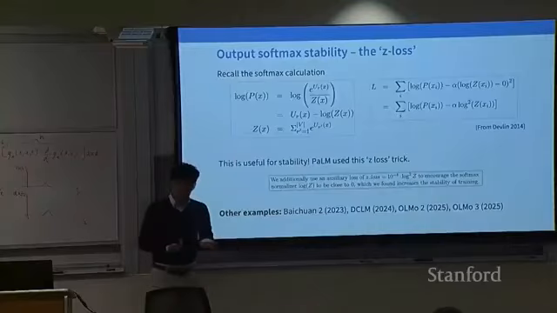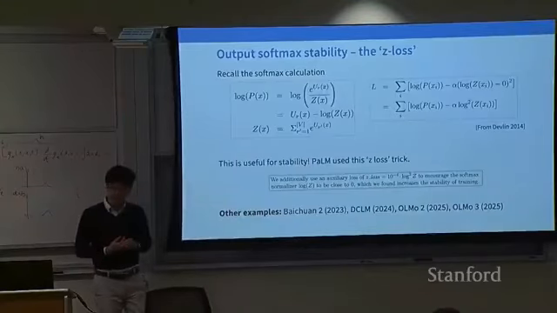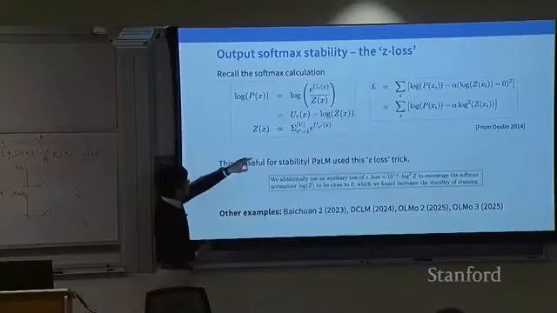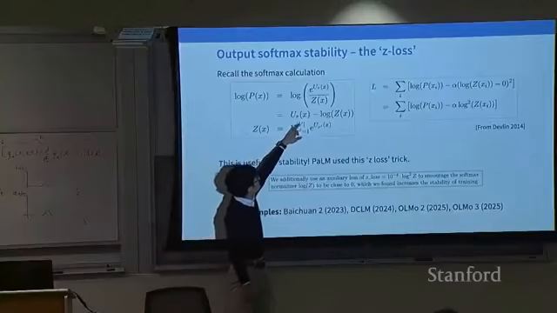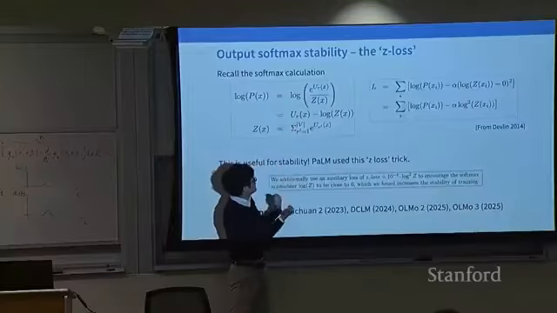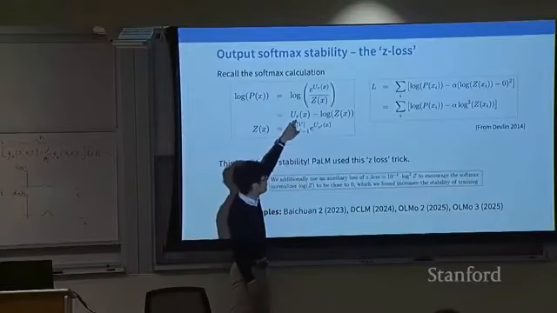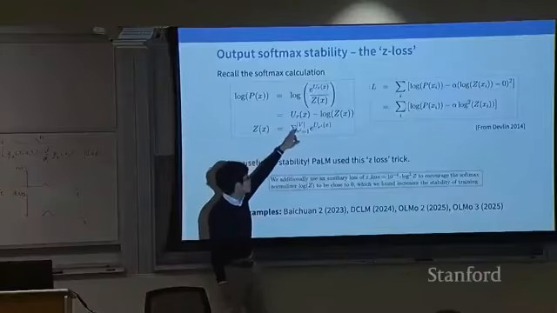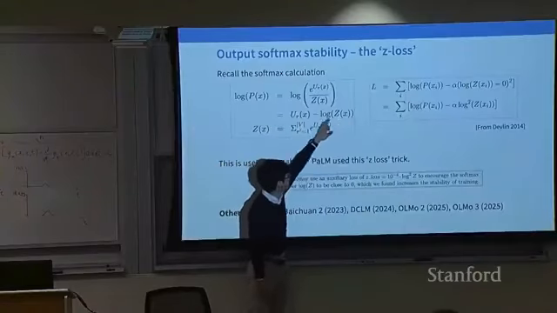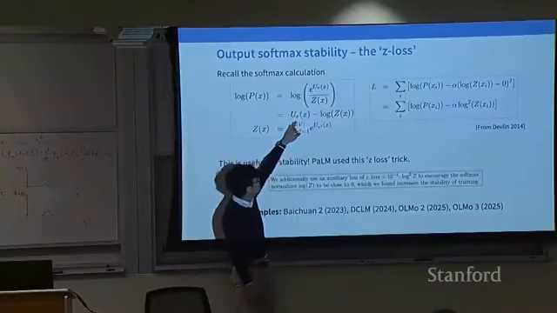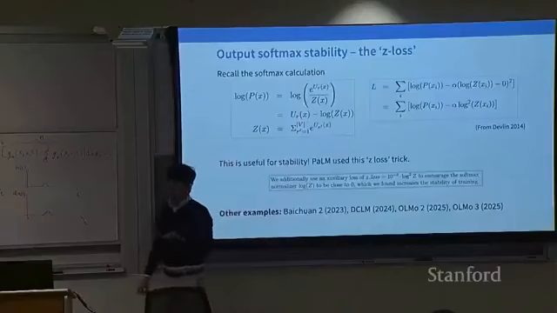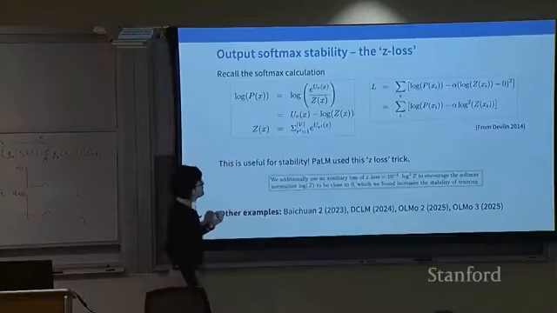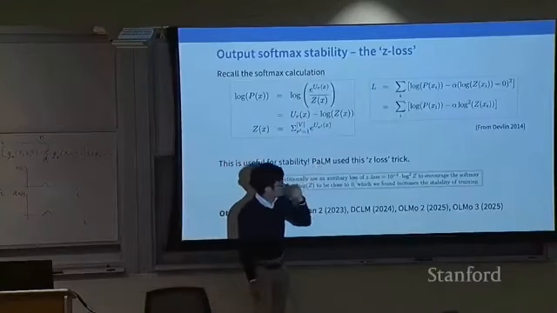What can we do? Well, if you thought about the action of the softmax, you notice this whole thing is over-parameterized. I could push things in and out. So if I add a constant to u, I can manipulate the z's without really affecting the output of the softmax. It can cancel out between the normalizer and the output of my model. Because of that property, one thing that I could do is add a regularizer. This is from Jacob Devlin's paper,